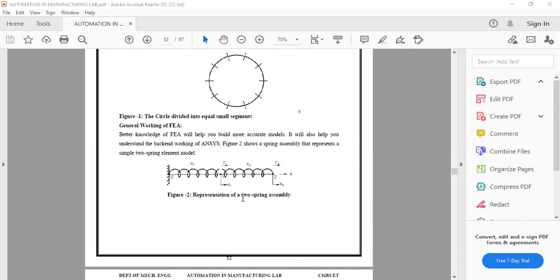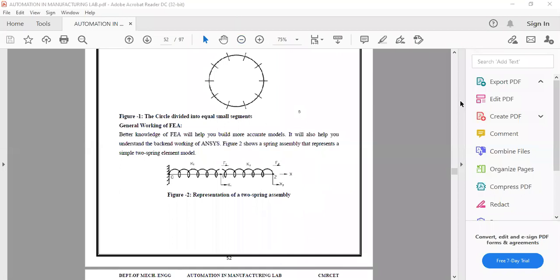Clear, right? That is the basic principle of FEA. That's how all the FEA packages work. You divide them, and what we call those divisions is nothing but mesh. When we divide the complicated component into elements, the process is called meshing, or discretization is also another word.